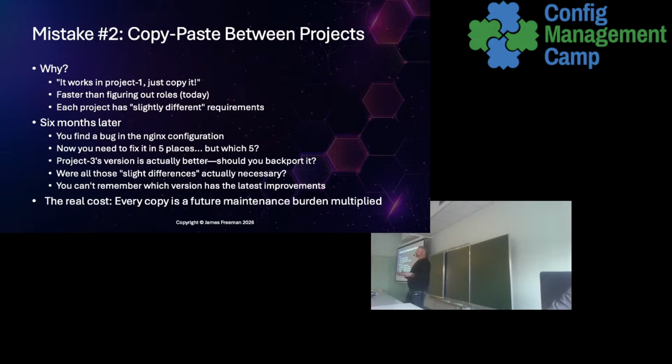Start out, particularly if you're doing something like a home lab, if you're starting off small for practicing, for learning, that kind of thing, it might seem really obvious to go, okay, I'm doing this to deploy this config file, I'll just copy and paste that block into another file. That's nice, there's a low resistance to that, it's very easy, it's very quick. And particularly when you're starting out, it's probably easier to do that than to go, I'm going to learn what a role structure looks like and how to create a role in Ansible. So you copy and paste.